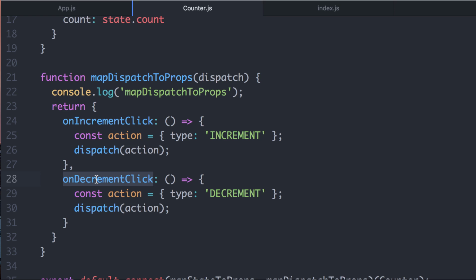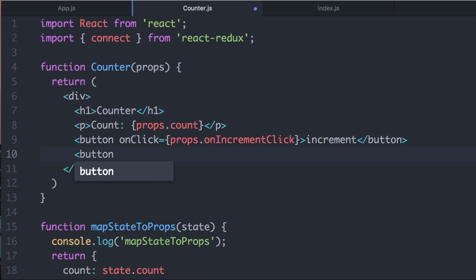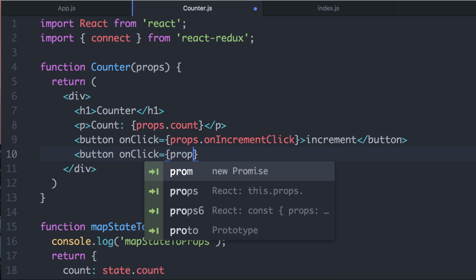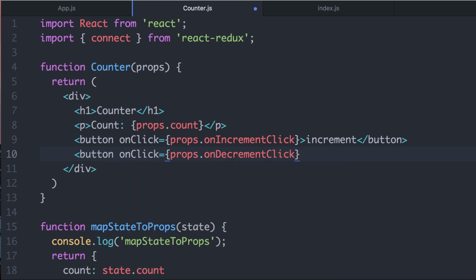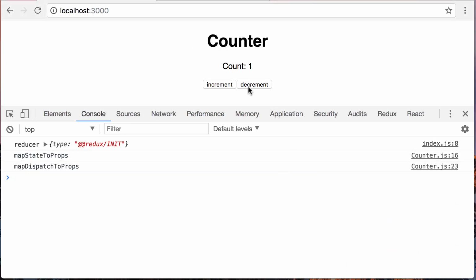All right, so that should work. Go up here, add it to a button. Okay, increment,